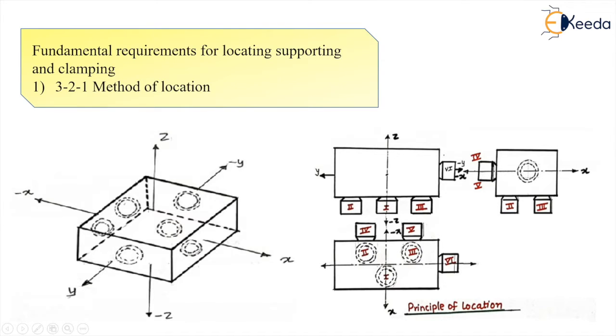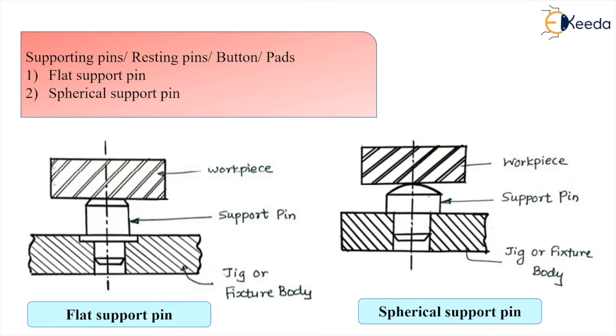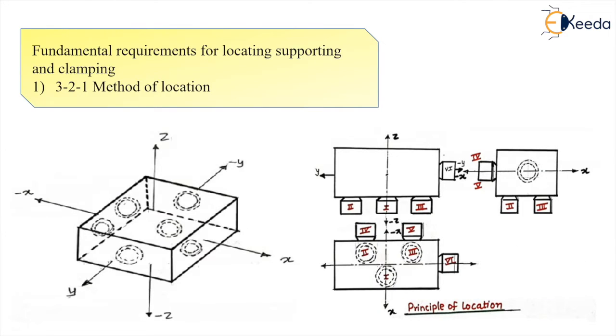So totally 8 degrees of freedom are arrested. Now we are again introducing one more pin perpendicular to this 3 and 3 pin plane and 2 pin plane, that is this plane. So this is C, the pin number 6 now we are introducing. Now because of this pin number 6, the object cannot be moved in the negative y direction. Okay, so in that fashion we have arrested total how many degrees of freedom? 9 degrees of freedom we have arrested.